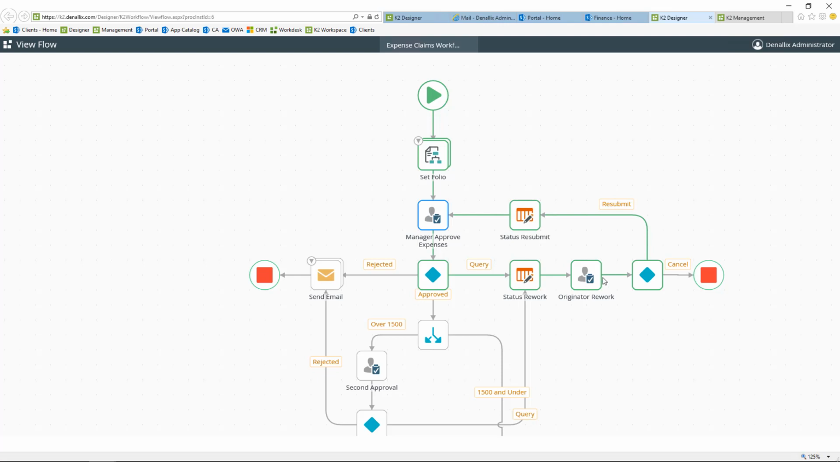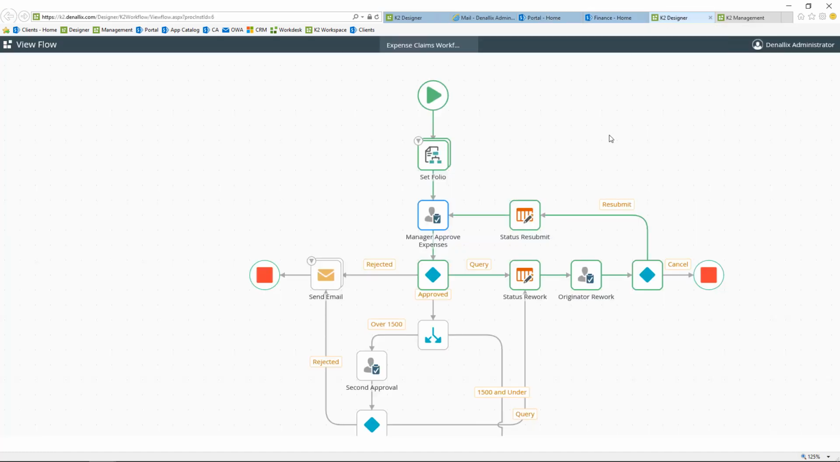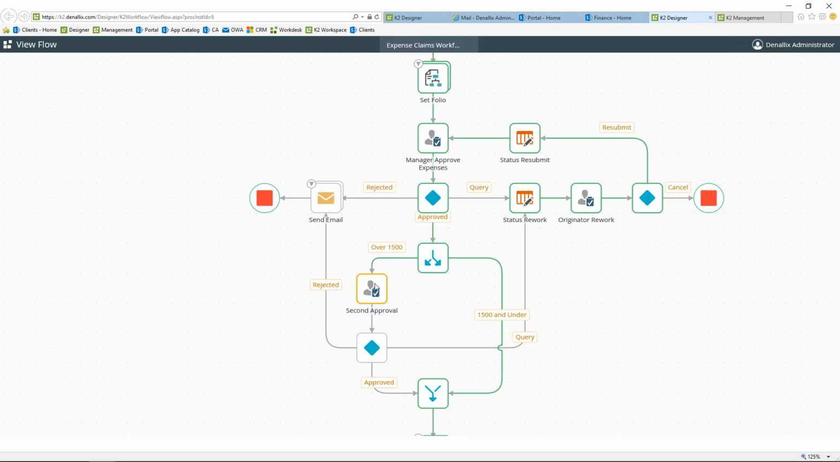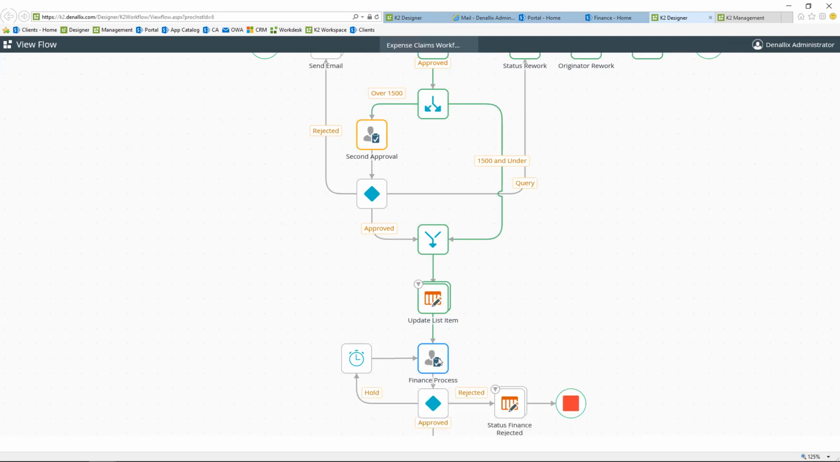And now we're going to see, again, that lifetime completion back to the manager for those expenses. So in the portal, maybe as that manager now, I'm going back in, I see it's been resubmitted, that same manager approve expenses. And what we're going to do here is we're just going to approve right from our work list. So if we go back to, again, the view flow, what we should see is that we're getting to this decision. We didn't go the route of our second approval there, and we actually are down now in that